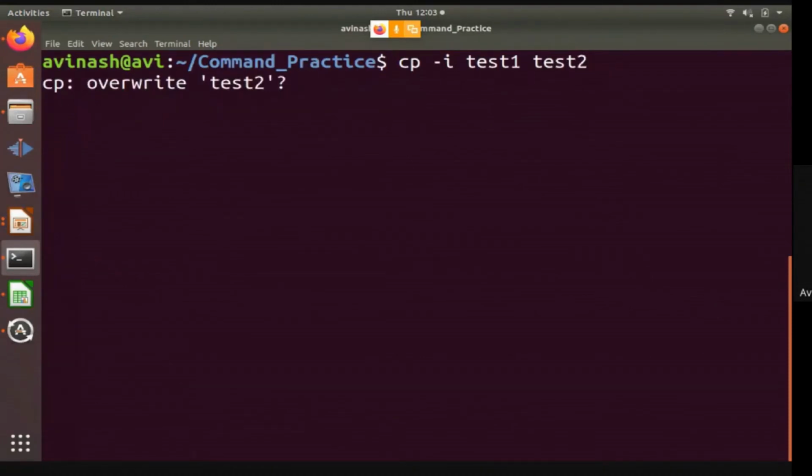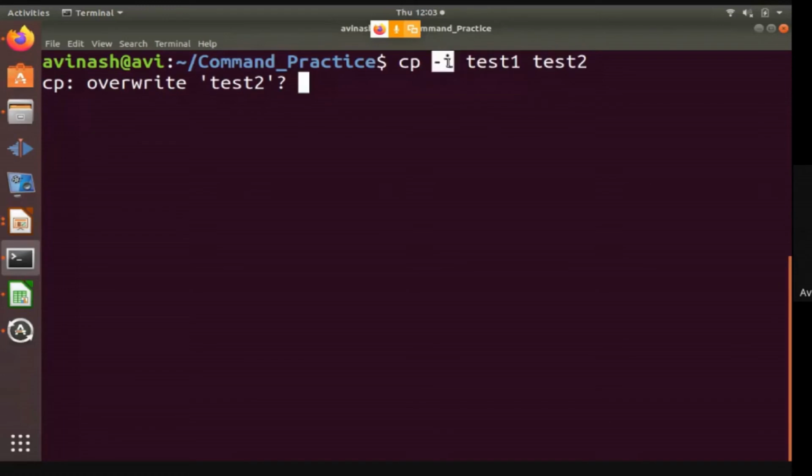Now the cp command comes with a -i option. Because whenever we copy one file into another file, the previous contents of that file get overwritten, and if we don't use this -i option, then it will overwrite the contents without asking you. So if you want to copy interactively, then this -i option will work.